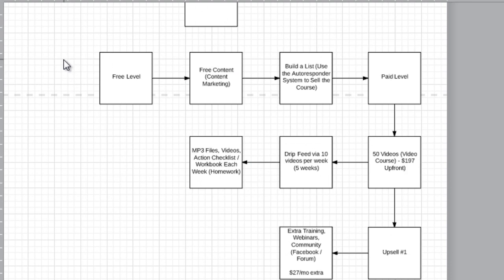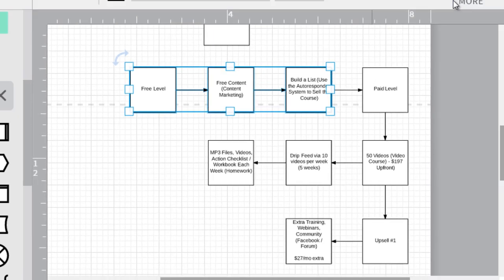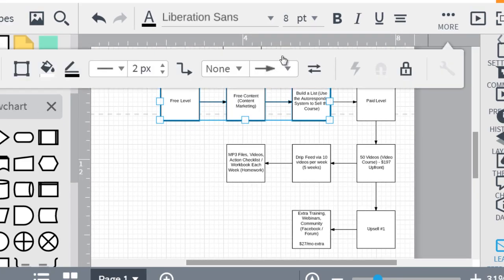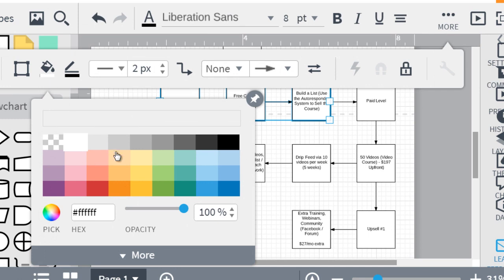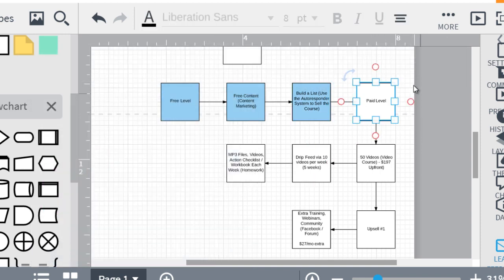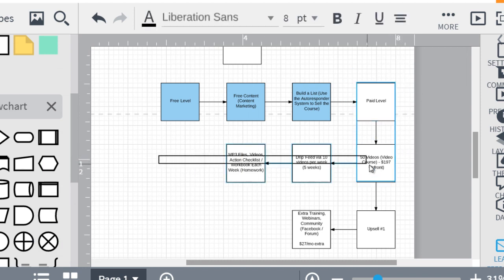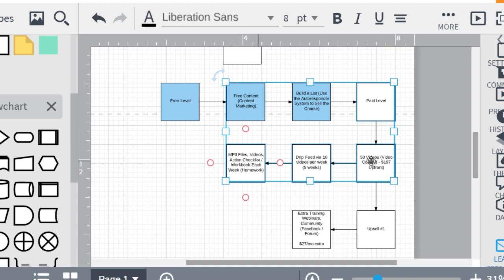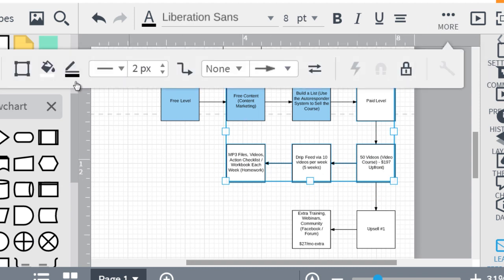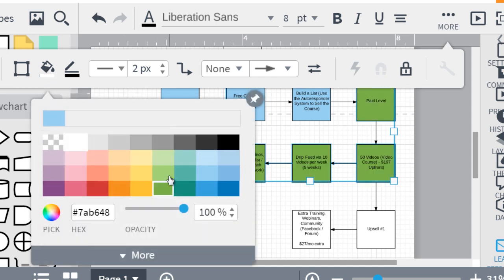So this is the free level. What I like about Lucidchart is you can literally change the colors. So we could have maybe a light blue like that. And we can turn the paid level, the $197 up front, maybe something like a light green.